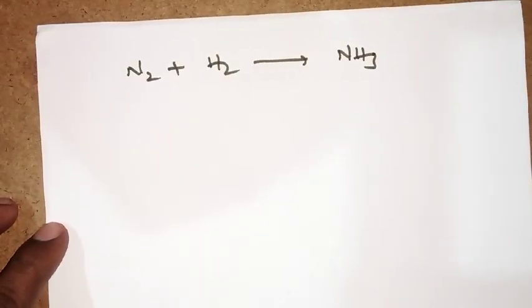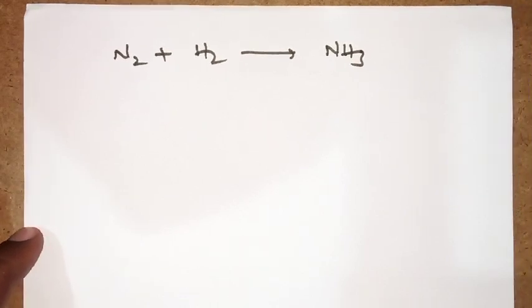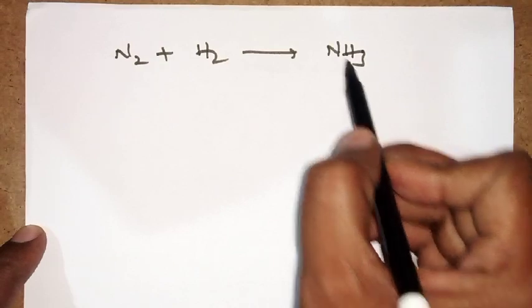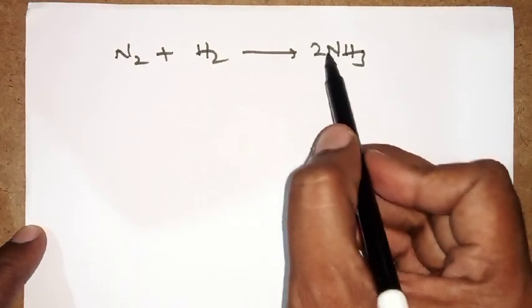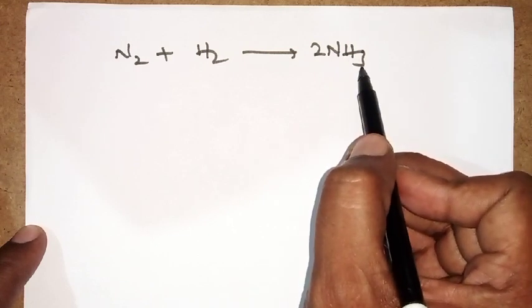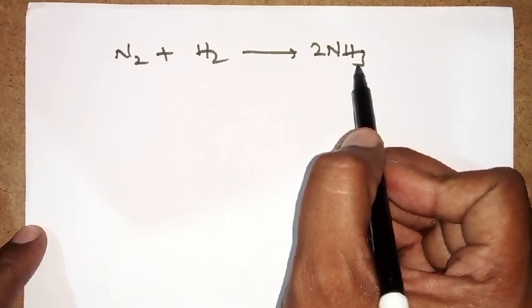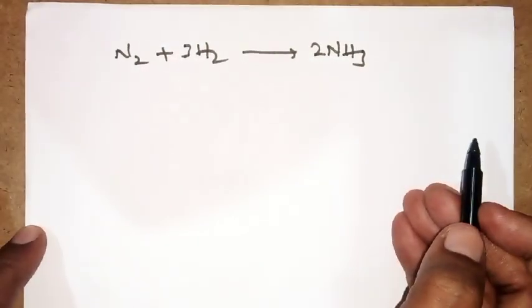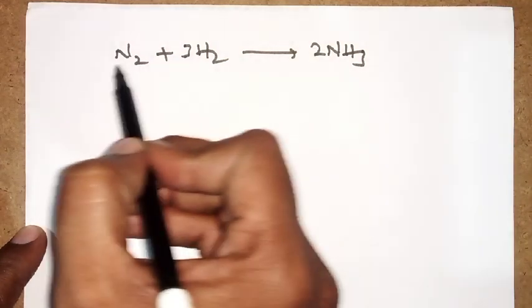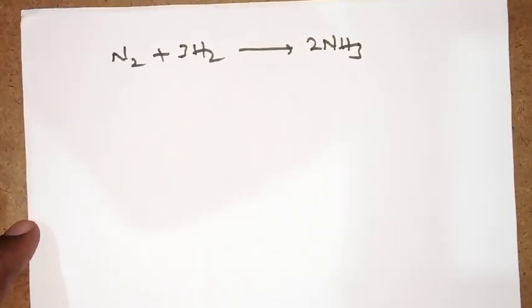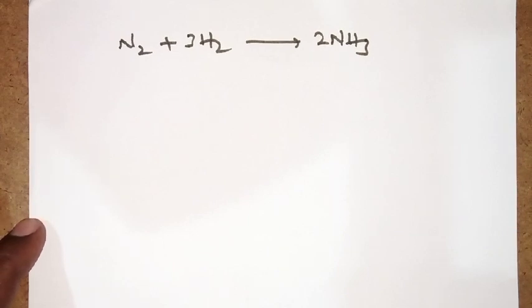In this kind of equation, as per the hit and trial method, as per the balancing rules, first look where an odd number is there, in the case of H3, an odd number. That is why if you put 2, so 2 nitrogens, 2 into 3, 6 hydrogens. So the odd number is converted into an even number. Automatically if you put 3 here, 3 into 2, 6 hydrogens, balanced. 2 nitrogens balanced. Is it clear? So this is the simple way to balance the equation. But here it is not our business. Now we shall apply the mole and its analysis.